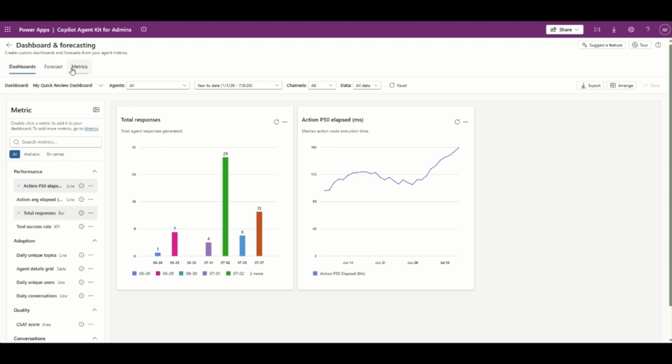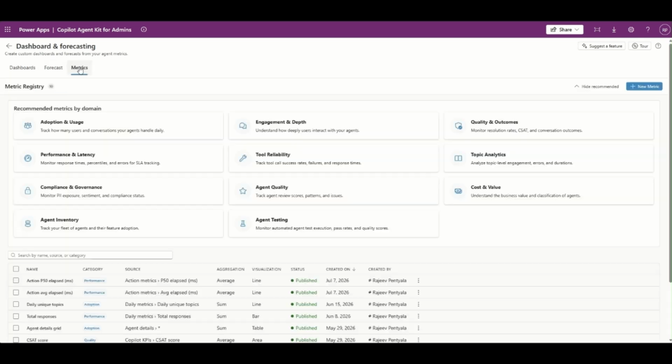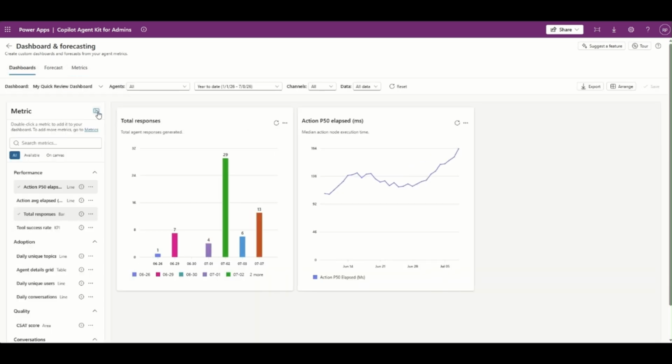And if you see, there are two more tabs here: forecast and metrics. So what is a metric? A metric is nothing but a unit of information. For example, total responses is a metric, and there's action, if your agent has triggered any actions, and this chart is showing the P50 elapsed time. So if you want to create your own metrics,